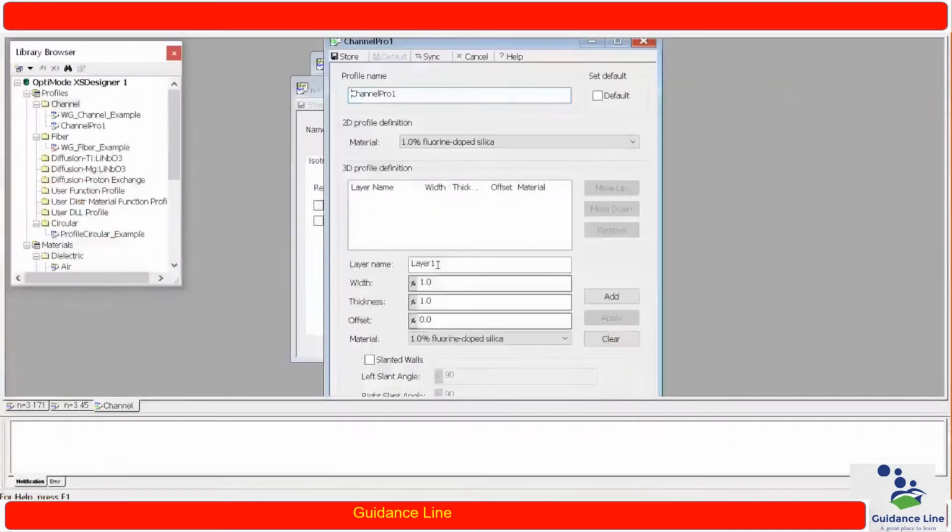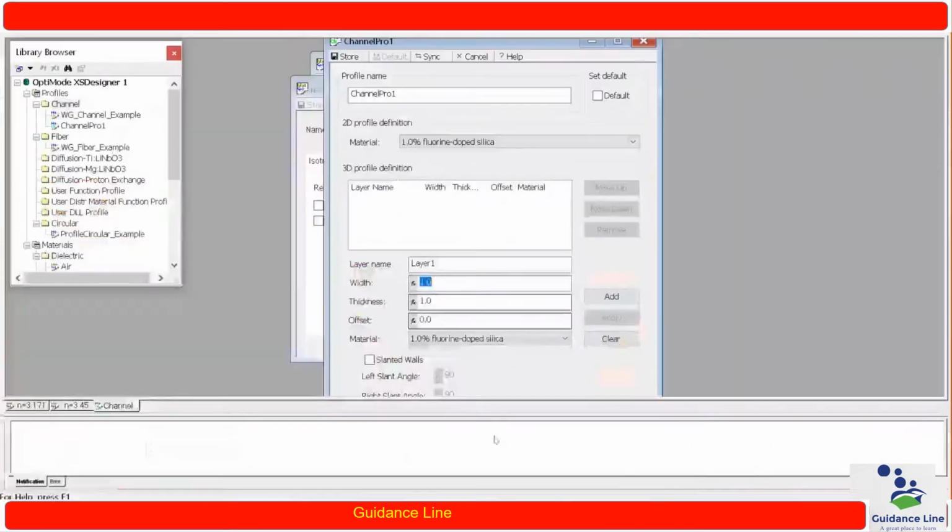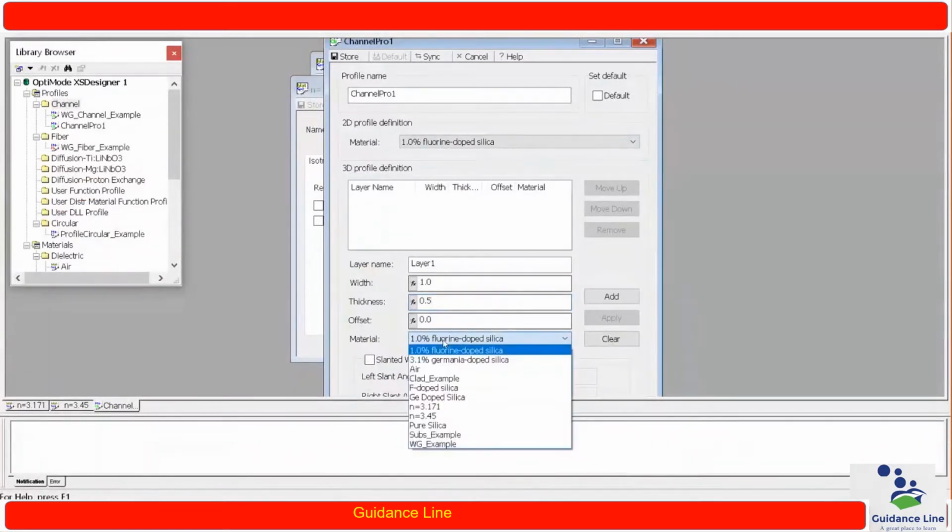In layer 1, the width by default I am considering as 1, and the thickness of the upper cladding, core and lower cladding all have 500 nanometers. So the value I am substituting for thickness is 0.5 micron, corresponding to 500 nanometers, and the material I am defining is n equals 3.171.